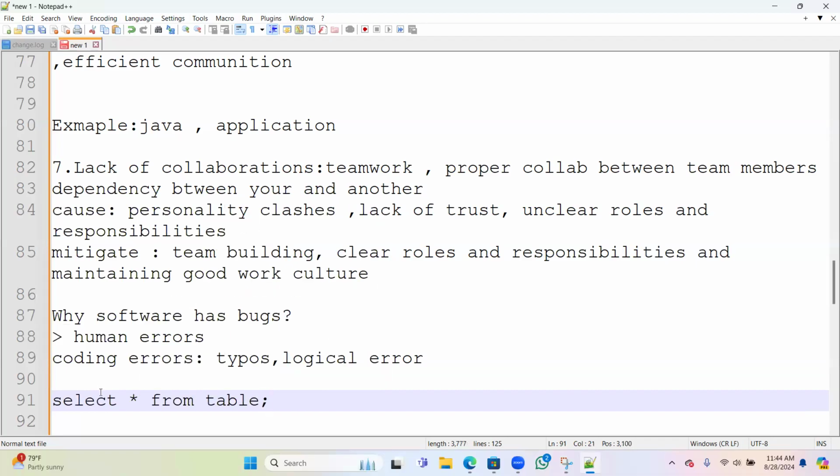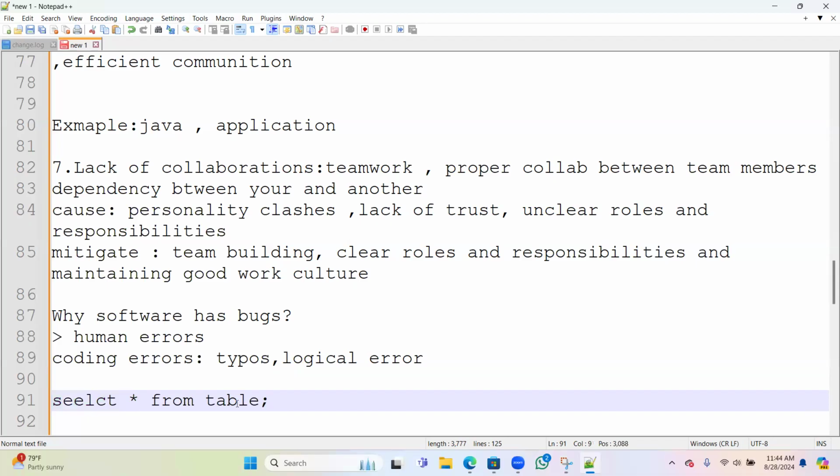Instead of that he misspelled it, means he wrote it wrongly. This comes under typo, means typing mistake. Because of this, coding error happens, or incorrect syntax.